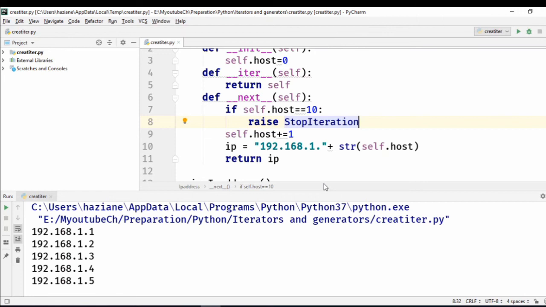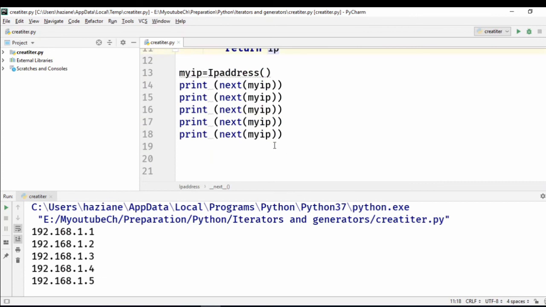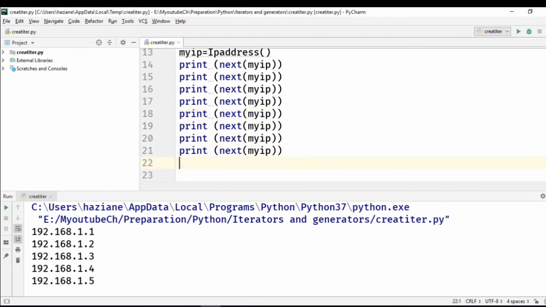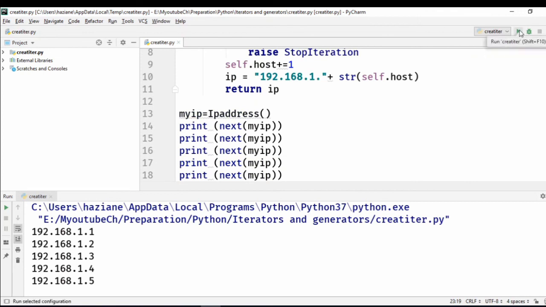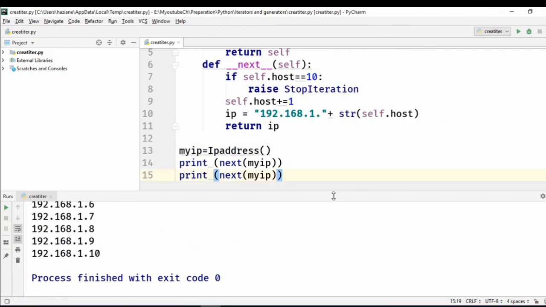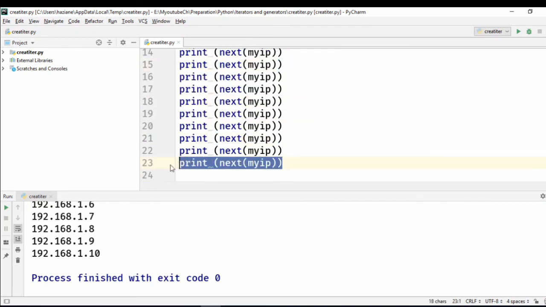stop iteration error will be raised. So in order to test this, we need to call this next function, I think 5 more times. We've already called it 5 times, so 6, 7, 8, 9, and 10. Okay, we have 10 times. Let's run it again. So you see here we have 10 IP addresses,